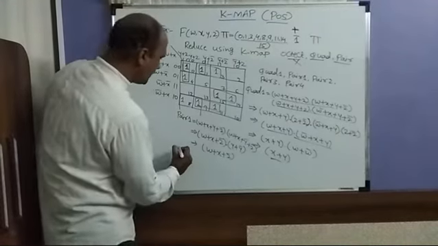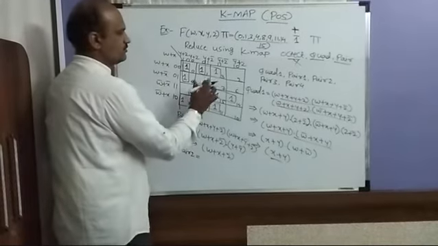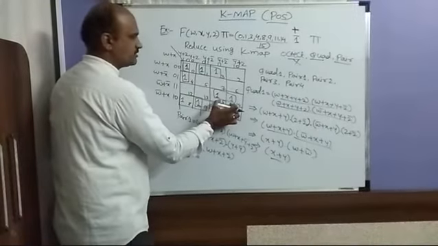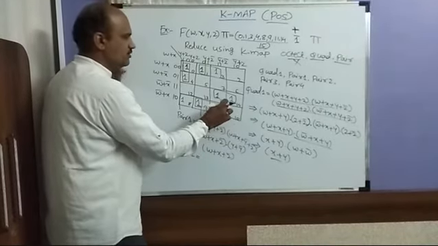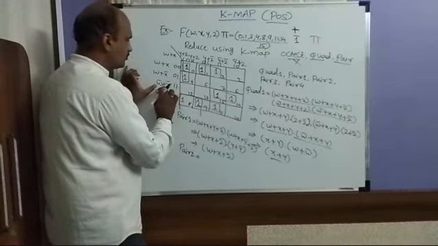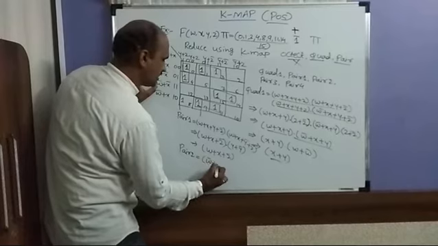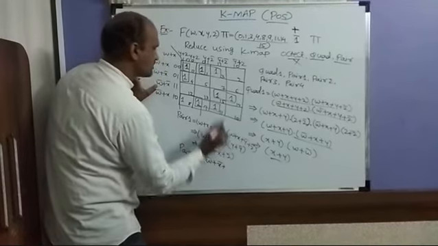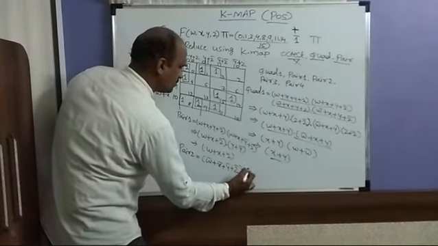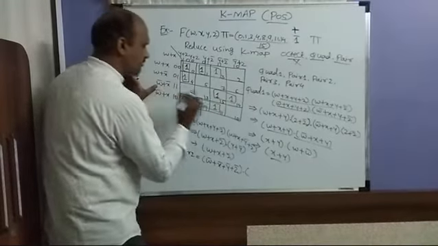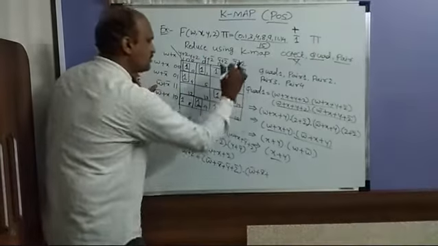So when you go to the pair 2, pair 2 is what? This is the pair 1, you take this pair 2, you can take anything, no problem. Okay, so pair 2 I am taking this one now. So w bar plus x bar for this, w bar plus x bar plus for this y bar plus z bar into for this now w bar plus x bar plus this one y bar plus z.